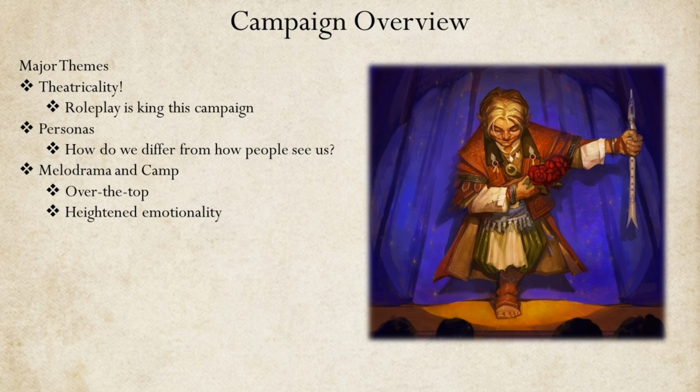Zooming out a bit, let's look at the themes running through this AP. As you might have guessed already, theatricality is the primary theme undergirding the entire story. This is a role-play-heavy campaign, and social interactions on both the personal and public scale often outshine combat and violence as a means of overcoming challenges. One extension of this theme of theatricality is the idea of personas, and how they can be adopted to influence the perceptions of others. In many ways, however, this theme of theatricality is completely literal.